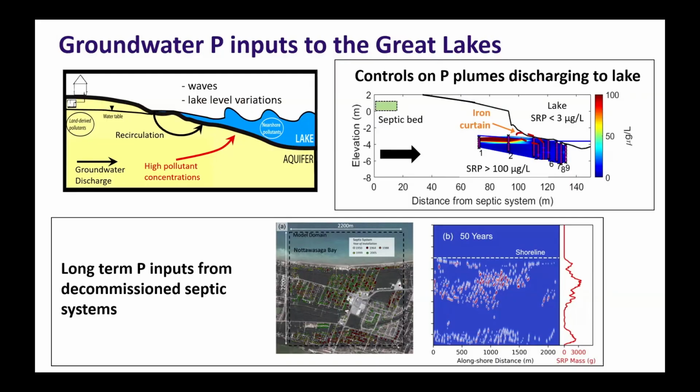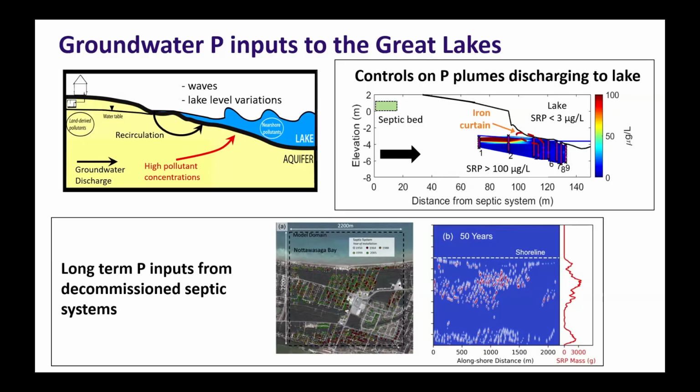These are old decommissioned septic systems, but we're able to show how these septic systems, because phosphorus moves so slowly in the groundwater because of slow groundwater flow, but also because of phosphorus retardation or absorption, precipitation in the groundwater system, it is going to take decades or hundreds of years until the phosphorus from these systems is discharged fully into the lake. So this work is just one example of highlighting the legacy effects of